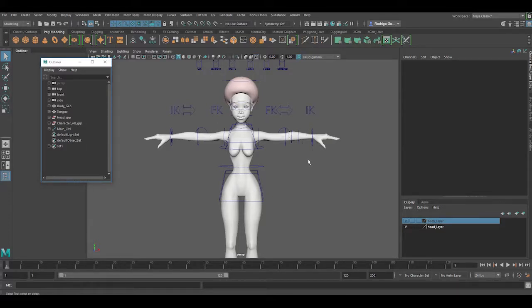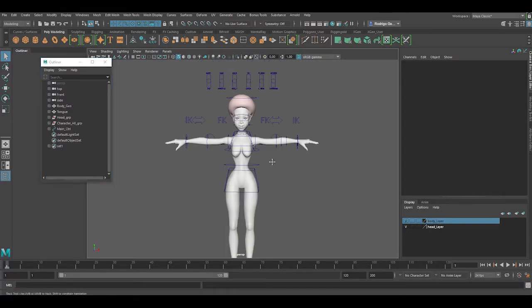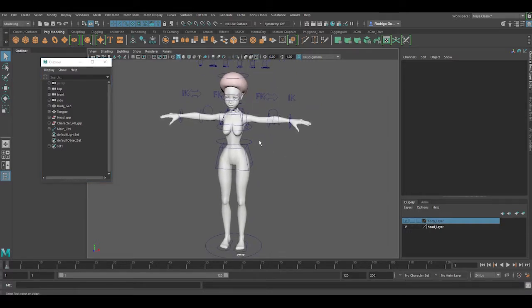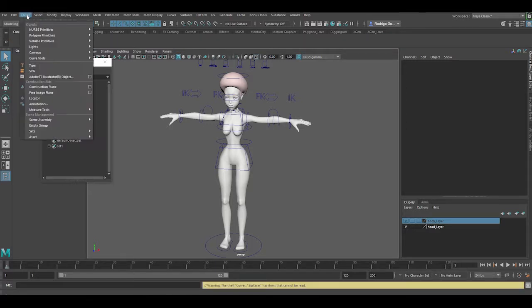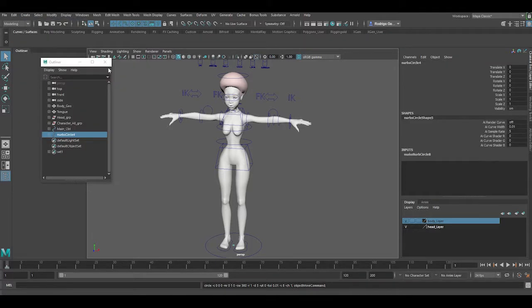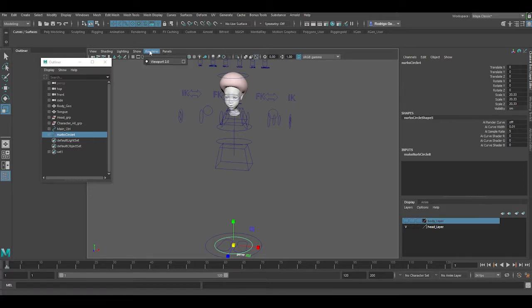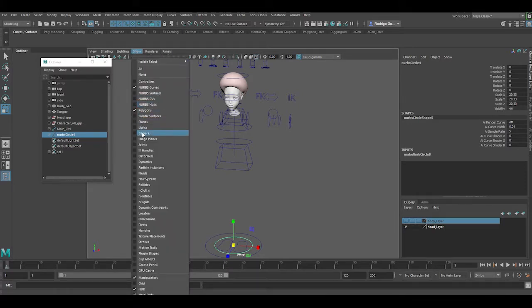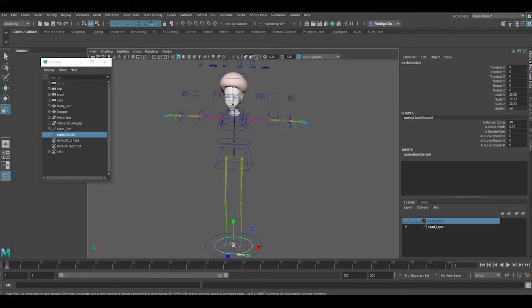Now we are going to create a connection for us to control the FK spine, and for that we need to create a new controller. So I'm going to just create a NURBS circle, and this one I'm just going to bring it up. I'm going to hide my geometry, just show the joints so I can see, and I'm going to snap that to the root joint,